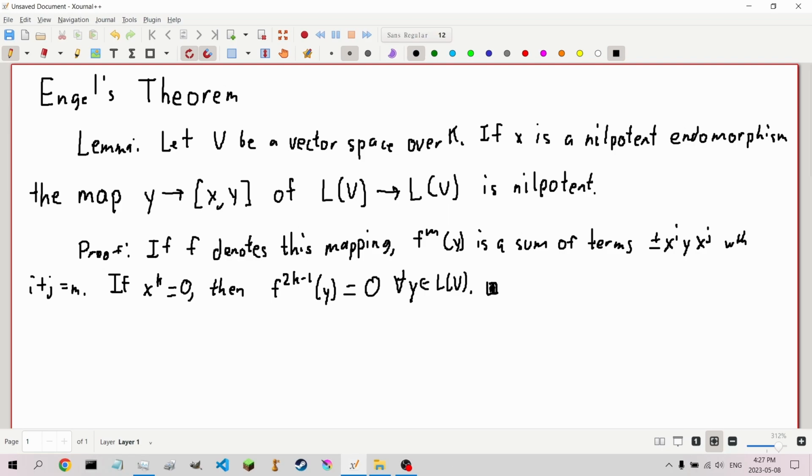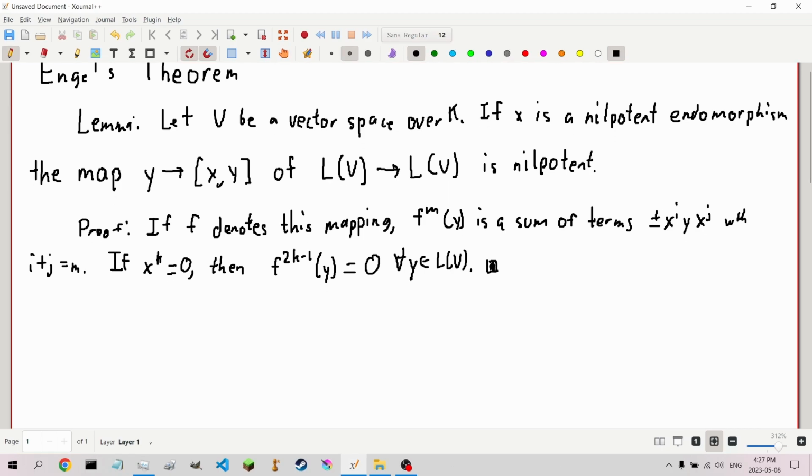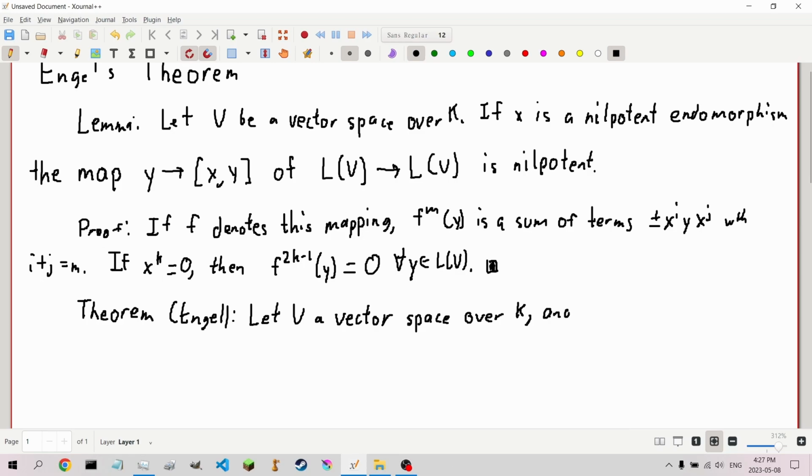Now let's look at Engel's theorem, as you would expect from a video on Engel's theorem. We're going to let V be a vector space over K. And G